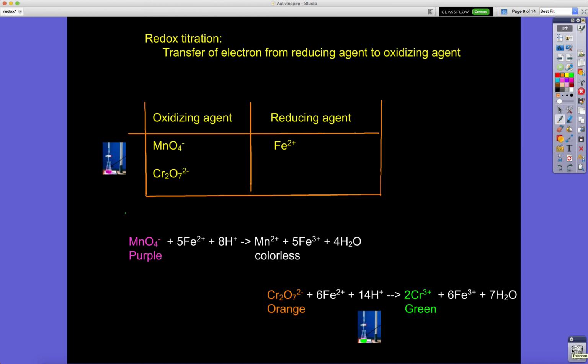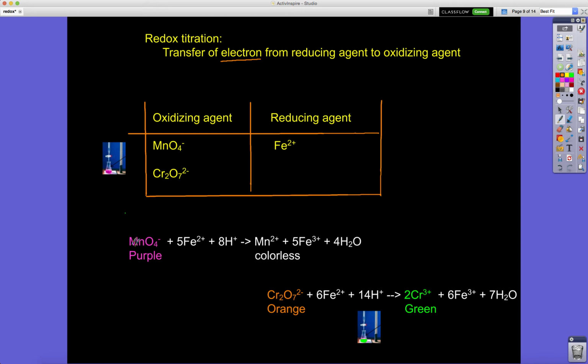We can use titration for oxidation reduction reactions as well, known as redox titration. The difference is this time there is a transfer of electrons from reducing agent to oxidizing agent. Now, a couple of oxidizing agents such as potassium permanganate, potassium dichromate, and one reducing agent, and then there are a couple of reactions that you're going to be exposed to, and there is a possibility of questions on paper